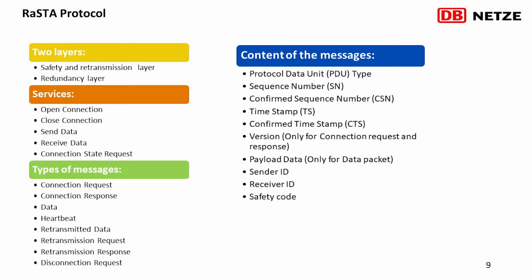RaSTA stands for Rail Safe Transport Application Protocol. It is a railway safety communication protocol which is implemented in the standard communication interface between the subsystem interlocking and its subsystem field elements. It consists of two layers: safety and retransmission layer,